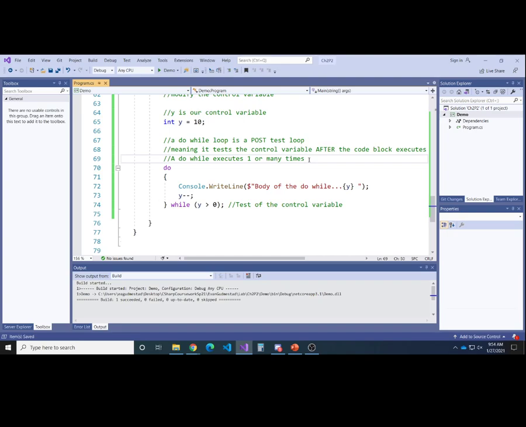How do you know what you need? It depends on the scenario. It depends on the problem that you're trying to solve. If you have a scenario,